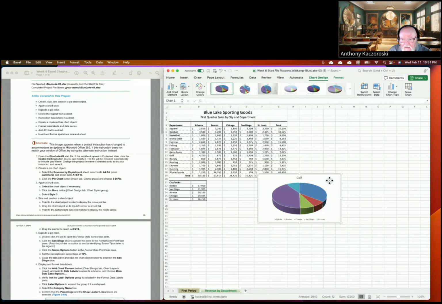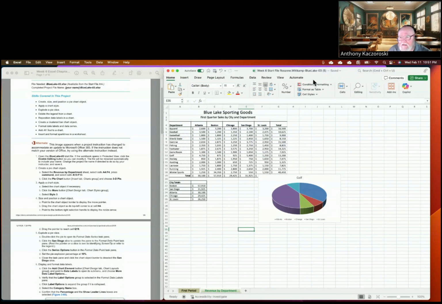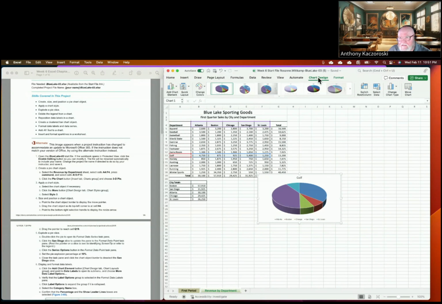We want to apply a chart style. So we want to select the chart object, and it says click the More button. So we got chart design here. If I click off of here, chart design is gone. If I click here, you get both chart design and format. So by selecting and setting focus on the chart, we now have the ability to manipulate the chart design and to format it. And it wants us to